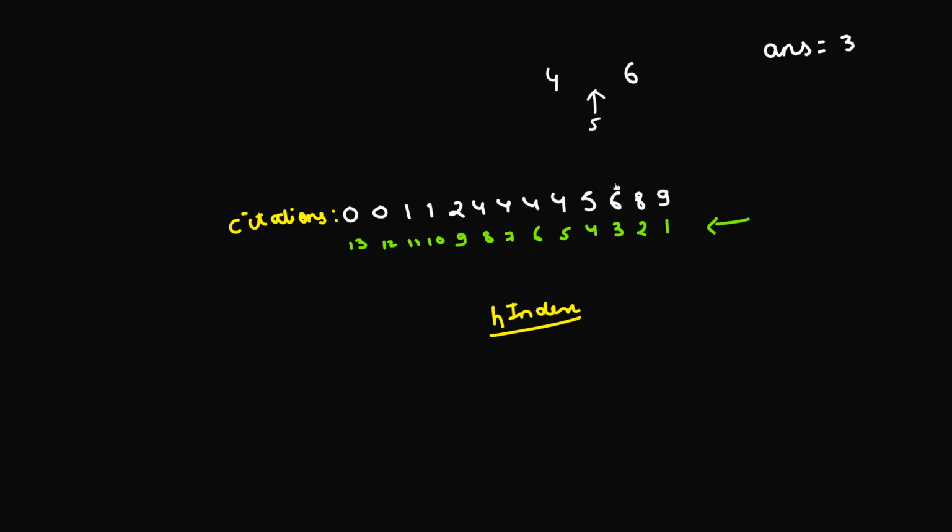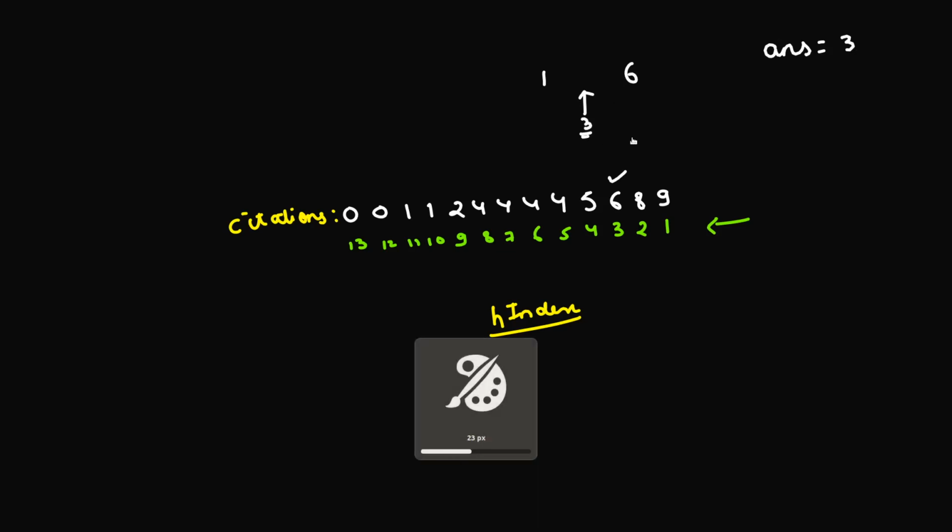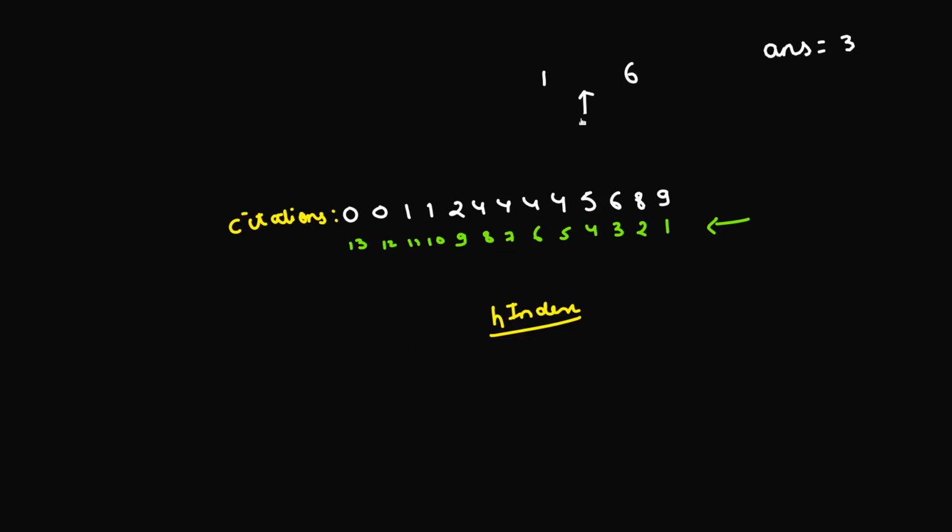For that, I'll be going to the last fifth number, and I can directly do that in O of 1. It's not that you have to iterate one by one. I'll be telling you how you can directly check the last fifth number. It's not a big deal, to be honest. So I'll be checking the last fifth number. Is this number greater than or equal to 5? No. So that's not a valid h index either. So since 5 is not a valid h index, I'll be reducing my binary search between 4 and 5 minus 1, which is 4 again.